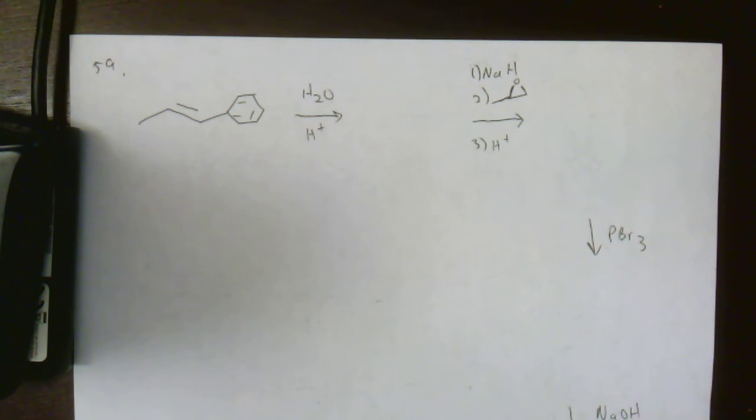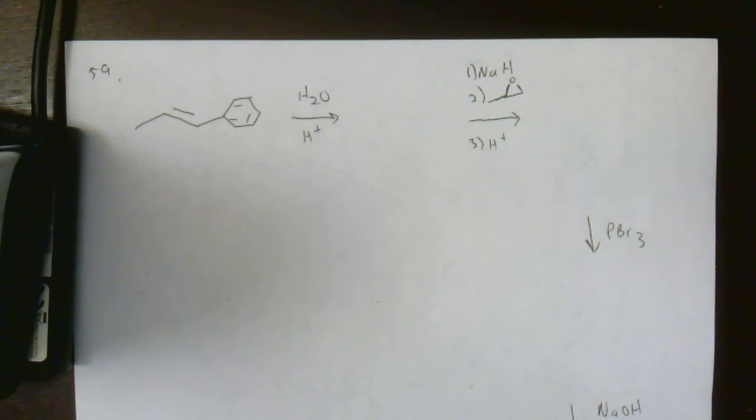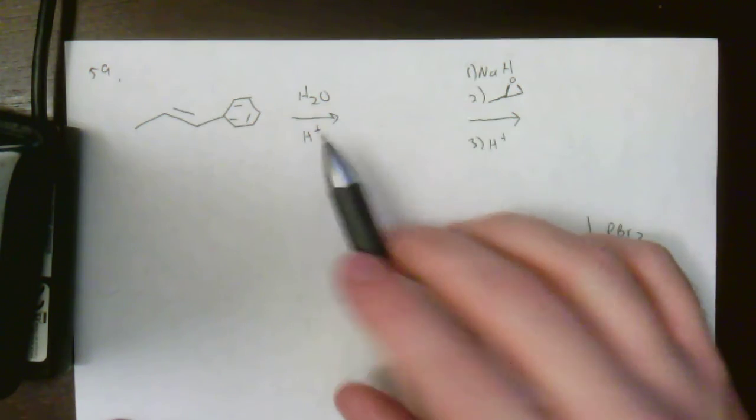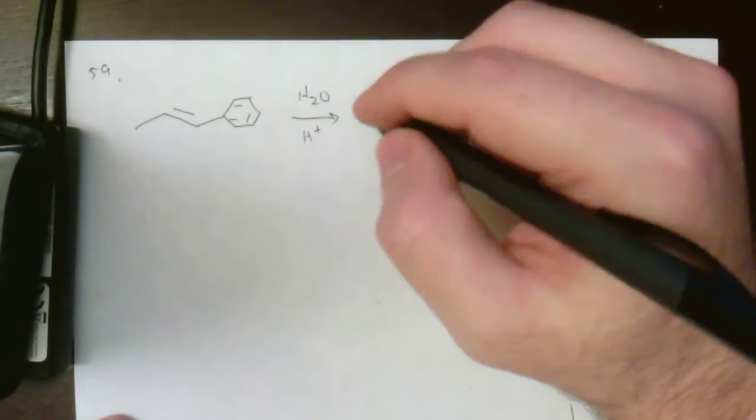Okay, so we have this one that wants us to figure out several synthetic intermediates. So this first one is an acid catalyzed hydration. We just need to remember this is going to be Markovnikov when we use just a regular acid. So